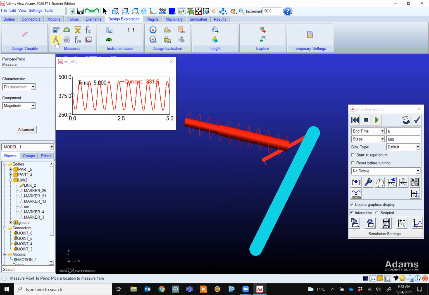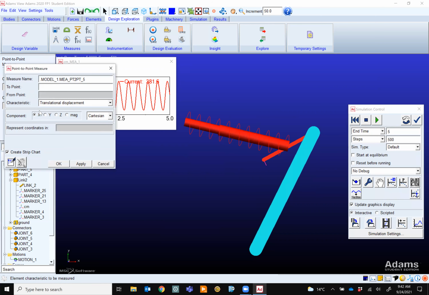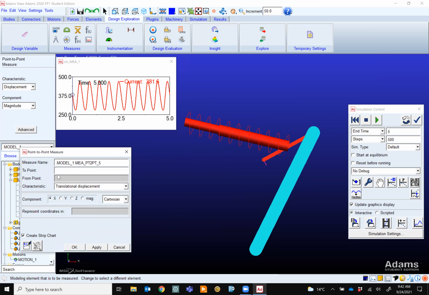If I click on that one, and I say I'd like to measure displacement, the magnitude of displacement, I click on advanced, and it just tells me between which 2 points. I say from point, right click, pick, let's say this point.